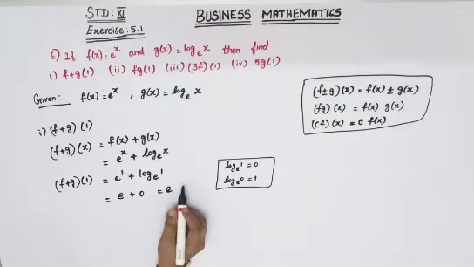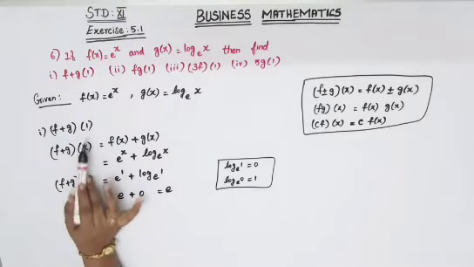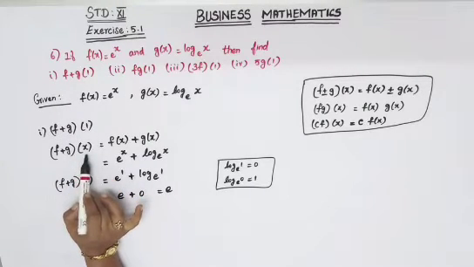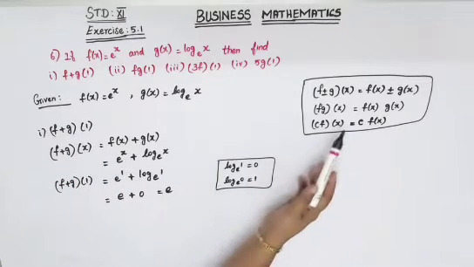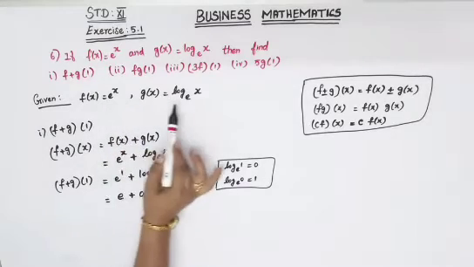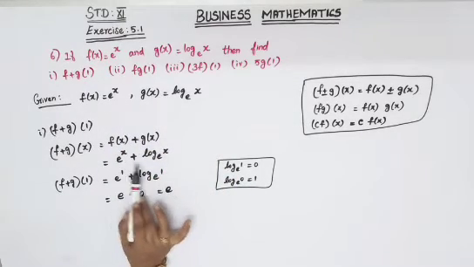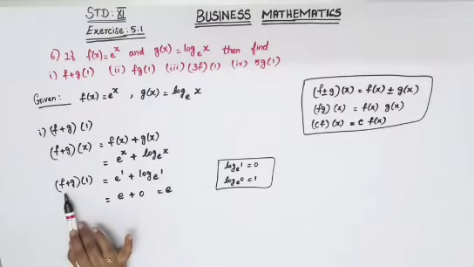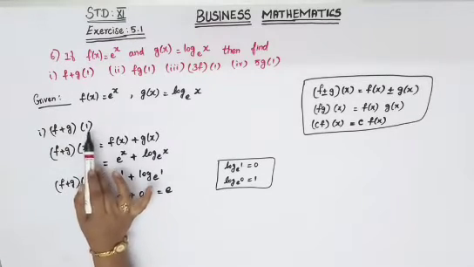I'll just repeat it again. First, what is asked, for that the function of x you will have to do. That is f plus g of x, split up your f plus g using this formula. So f of x plus g of x, your f of x will be here, g of x will be there, so write it as it is. Then you will have to substitute in the place of x, they have asked 1.